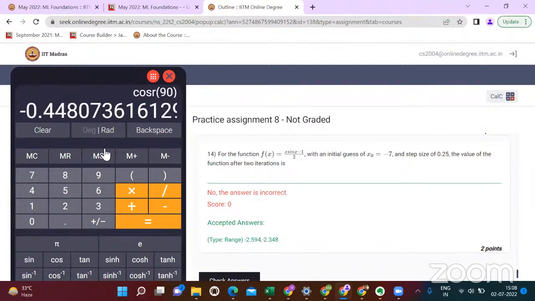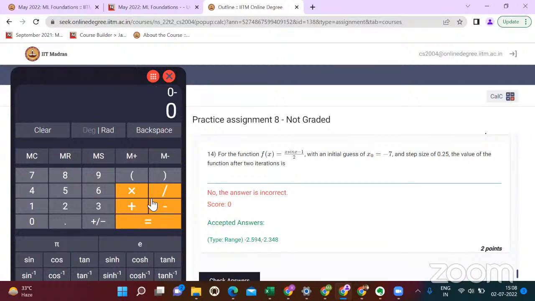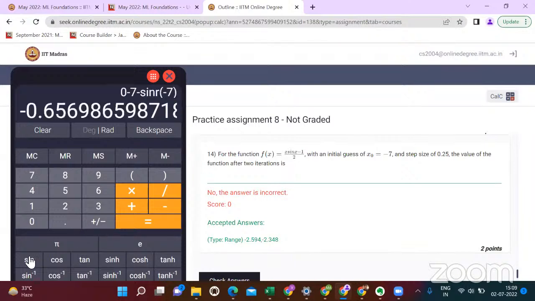for sine of -7 we should be getting a negative value, but it is not showing negative. When I use this calculator for the first time, how do I write -7 here? Now it's -7 and 7 will get, so this is in the form of radians.